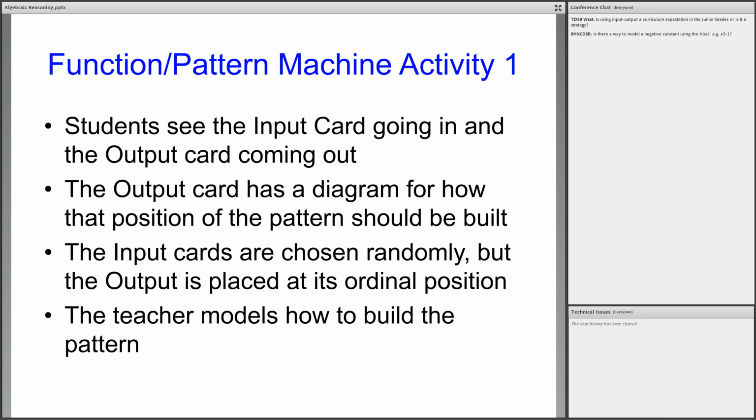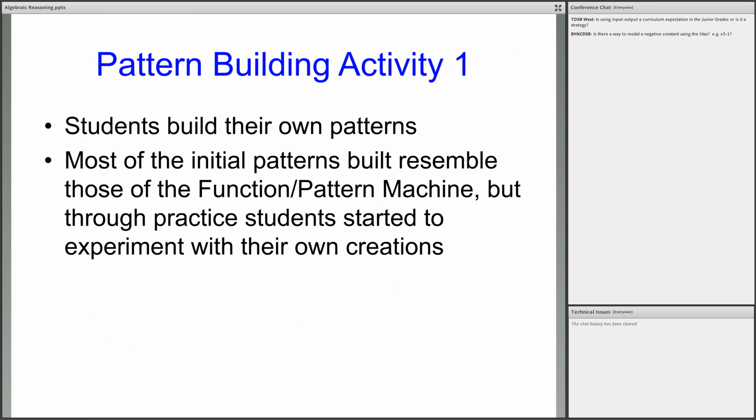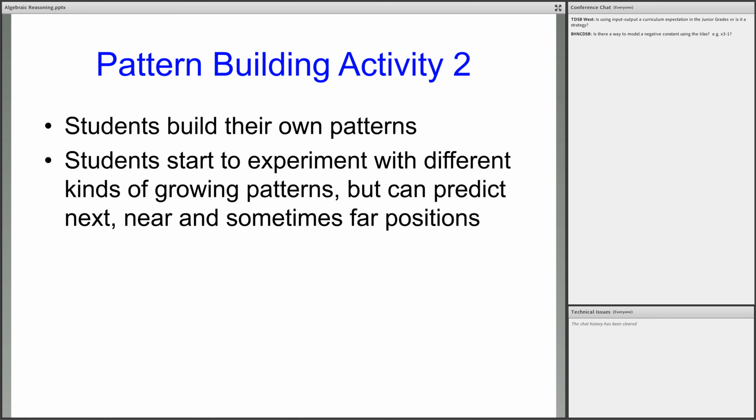It's not that the kids pick up whatever input number they want to go. Usually they start with 5. They like really big numbers. But then as we're placing everything down, it slots into its ordinal position. And then they build their own patterns. They started to experiment with different kinds of growing patterns and then predicting the next near and sometimes the far